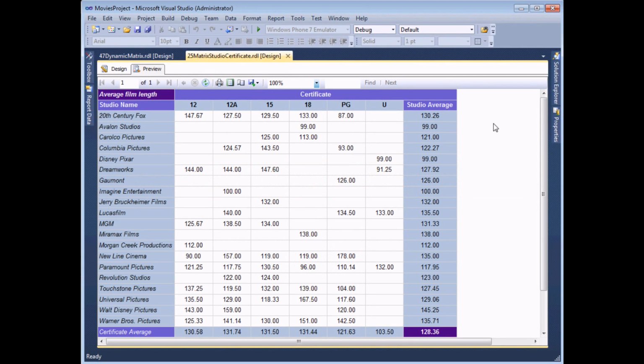In a previous video, we've shown you how to create a basic matrix in reporting services, and here's a quick reminder of what one of those looks like. You can choose to group by a row field, here it's the studio name, and also by a column field, here it's the film certificate, and then in the central area you can choose to show some form of aggregate statistic, so here is the average of the film length. The only downside to this type of matrix is that it's quite static. If I want to change the group fields or the statistic, I have to go back and change the design